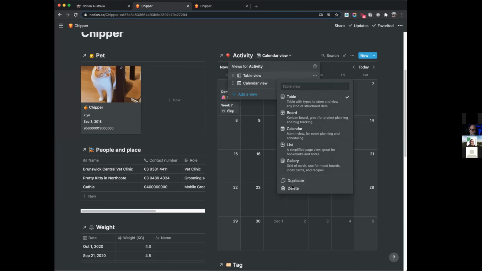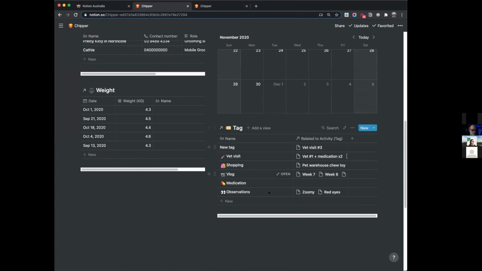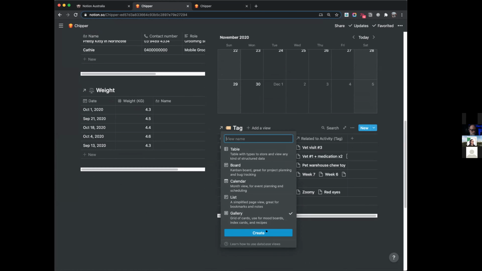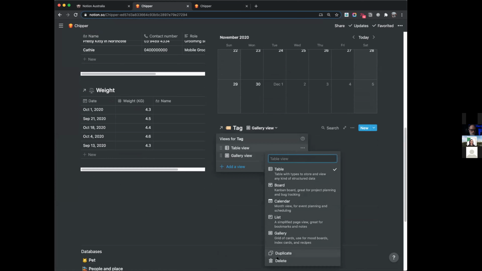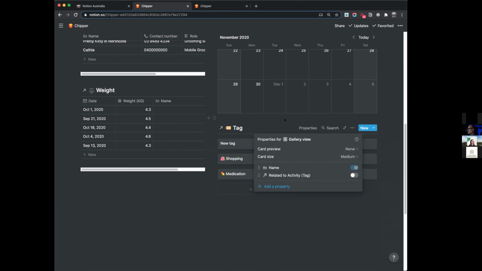Let's get rid of the table view because we no longer need that. And then here text. So again, I'd actually like to use gallery view because there's not that many tags. And then I'd like a really nice clean view to show me some stats about it. So I'm gonna create a gallery view, delete the table one. There's not really any images or fancy things in it. So I'm gonna get rid of the card preview. So you'll see the preview image is gone.